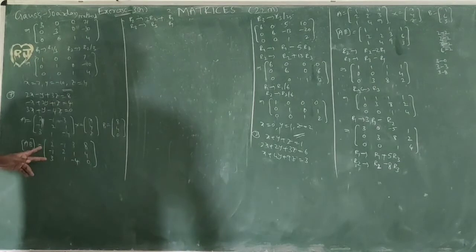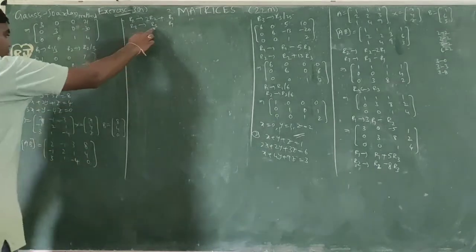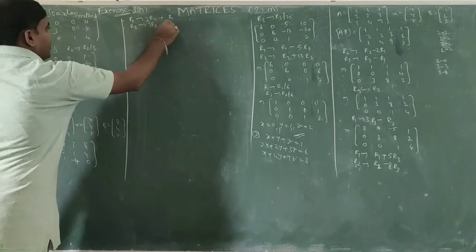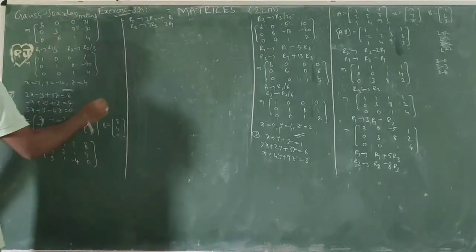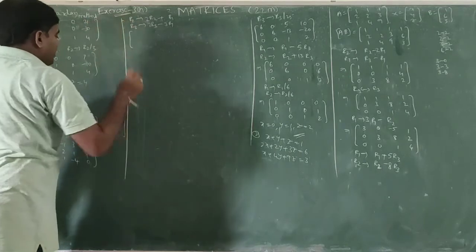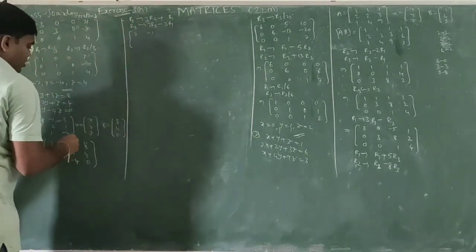Okay. Next, observe these two. So this is 2, this is 3. R3 is 3, R1 is 2. This 2 right here, this 3 right here. Same sign, so keep minus in the middle. So R2 and R3 are changing, R1 is unchanged. R1 I am writing: 2 minus 1 3 8.